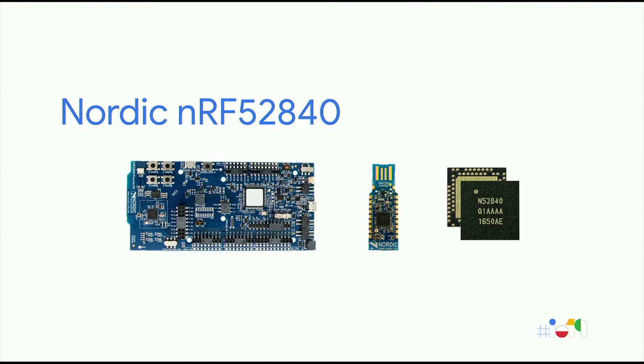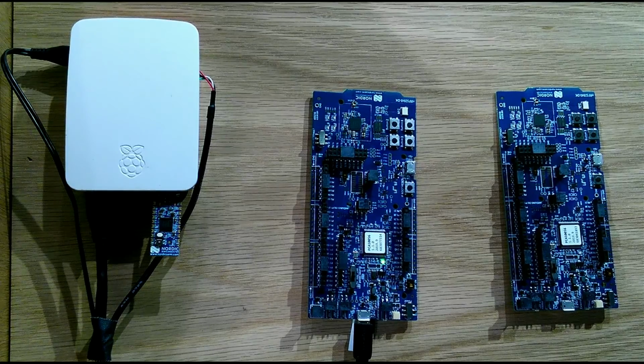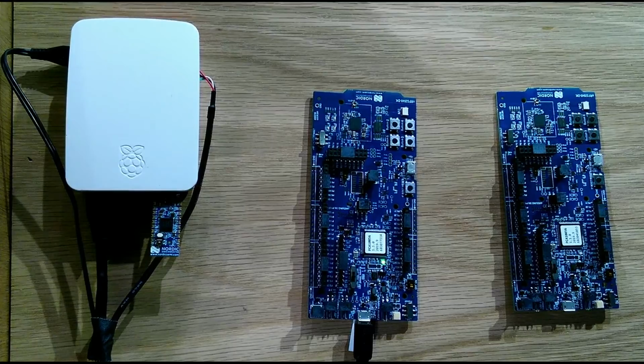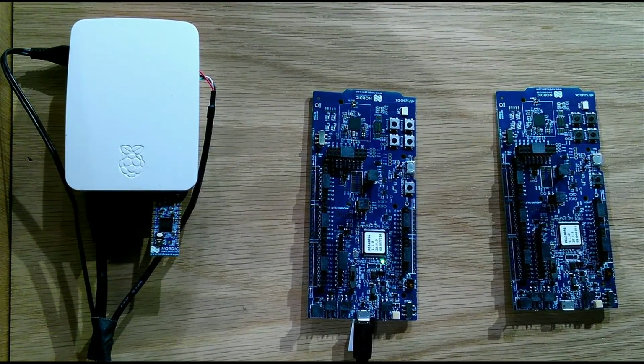Now, in today's demo, we'll use the Nordic NRF52840 system on chip. We actually brought a few of those here with us today for use in our demo, so let's take a look at them on stage. You'll see a couple dev boards on the right, and then a USB dongle attached to a Raspberry Pi on the left. The NRF52840 is built around a 32-bit ARM Cortex-M4 with 256K of RAM, 1 mega flash, and they're really intended for low-power, low-cost applications. And these dev boards are publicly available, which means you can go home and play with and replicate everything we've done on stage today. All right, so let's get back to the slides.